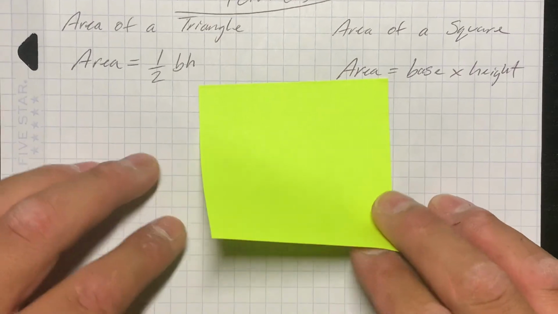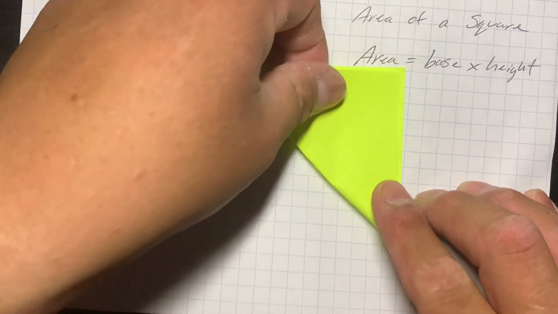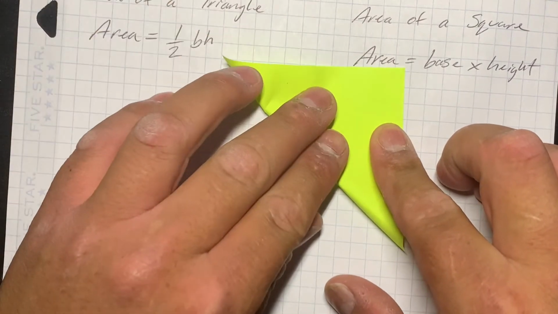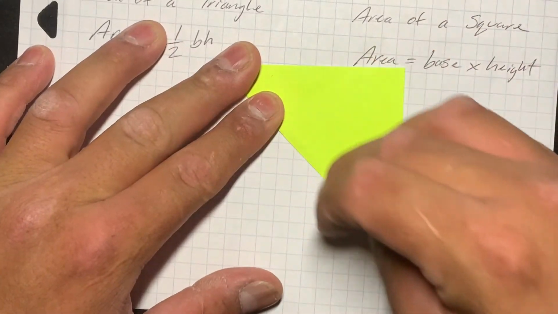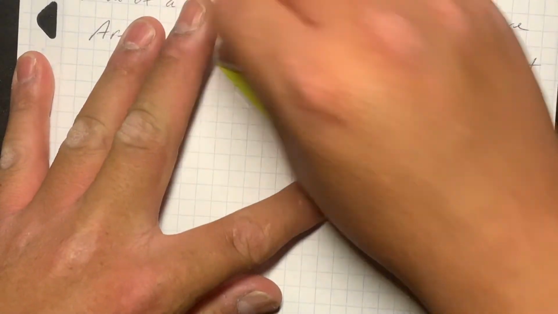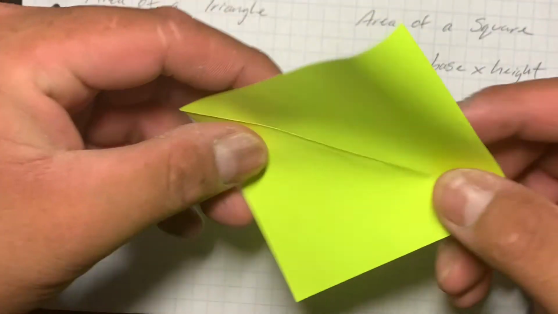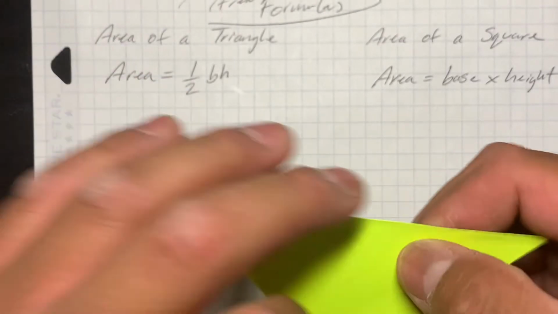So if I divide this square in half, and then if I were to pull it apart,